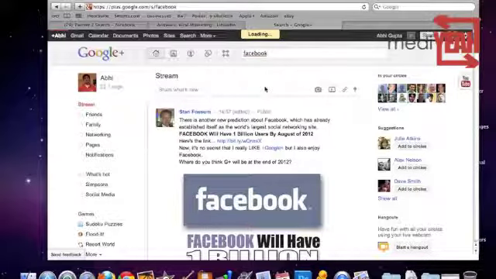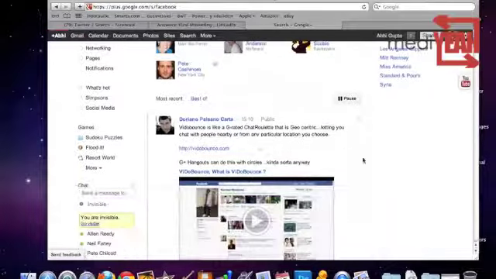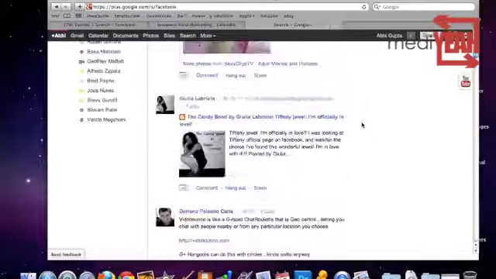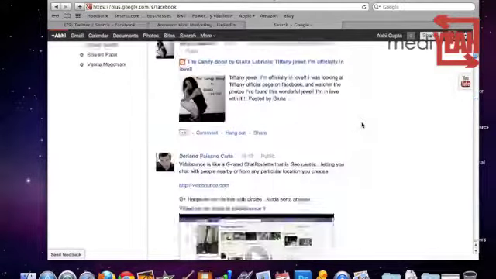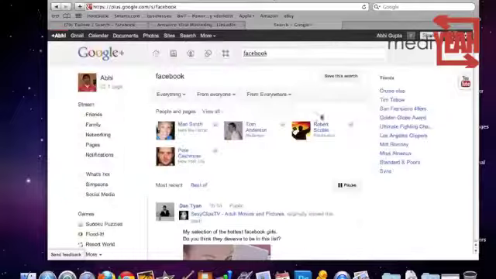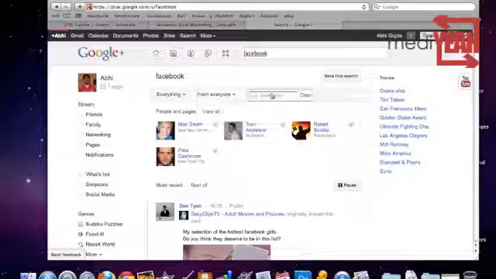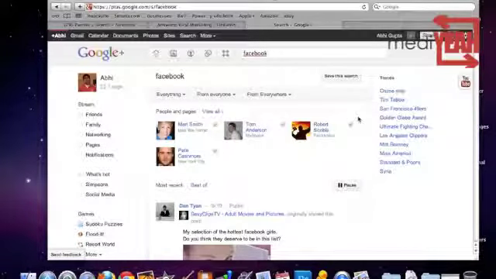Now they bring up a mixture of profiles and updates about Facebook. So people and pages, and then most recent posts about Facebook as well. Some of these are in my circle, some of them aren't. Some of them are links which people have liked or plus one. That's actually a term. And you can filter that out to either from everyone, from everywhere, and everything. So you can either go for articles, Google+ posts, people and pages. It's up to you, and just explore it, have fun with it, see what's being searched for.